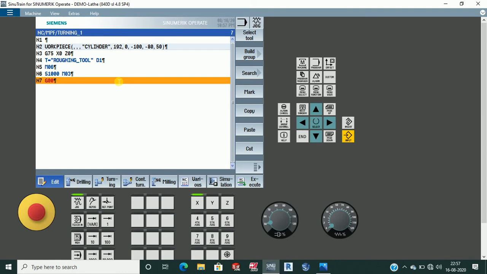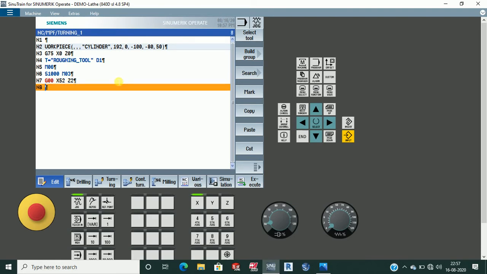G00, X, if 50 is the diameter, we'll take 55, or take 52. 52 and Z2. Sorry, it's Z2. Enter.